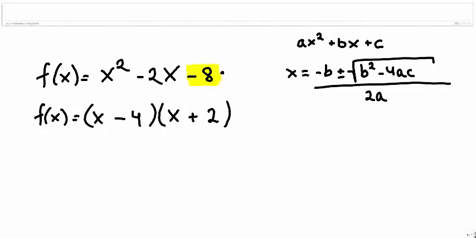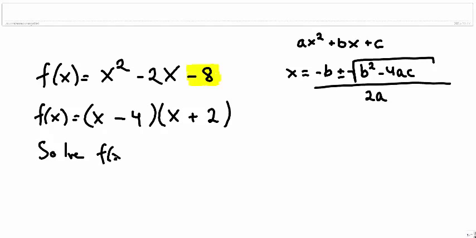How about the constant minus 8? Well, minus 4 times plus 2 is equal to minus 8. So this will work out. So this means basically, if we were to solve this equation, because this is what we have to do, solve